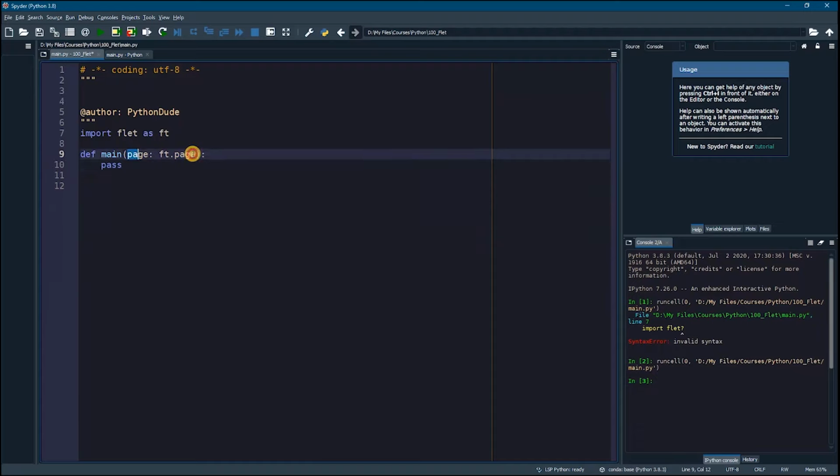You might be asking, what is this syntax exactly? Here we are passing the parameter page. But when you put this colon in front and you pass anything after it, you are passing a type. It means that this page should be of the type ft.Page. Now this ft library here has a type that is the same type as the page. Alright? So whatever page type is in this ft library, the page we are passing to our main function here